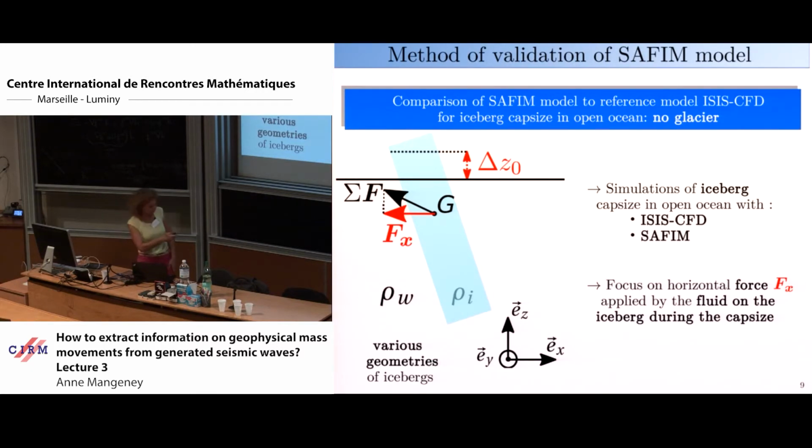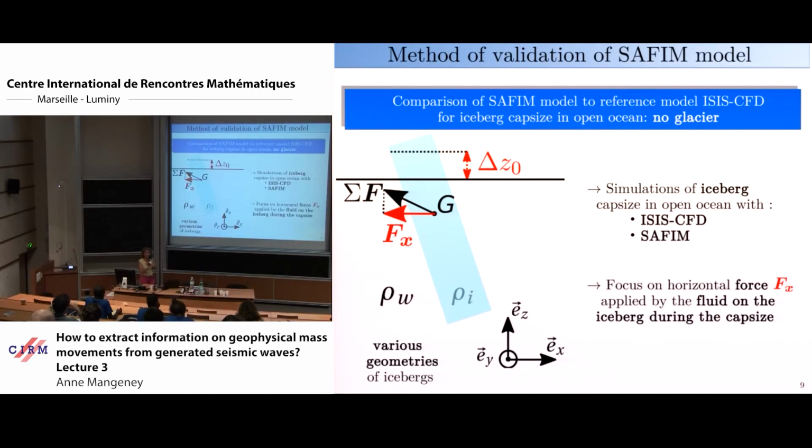Okay, so we compare the two models. Something that is important: I just told you before the conclusion that it doesn't work very well, actually. But what we wanted to work is the force that the iceberg applies to the glacier, because it is what we invert. We want to find the parameters of this simple model to be able to reproduce the force. We don't care about the timing of the force, we want to have the shape of the force.